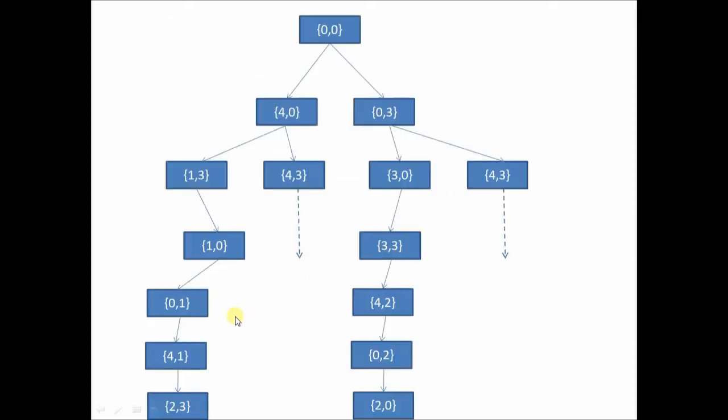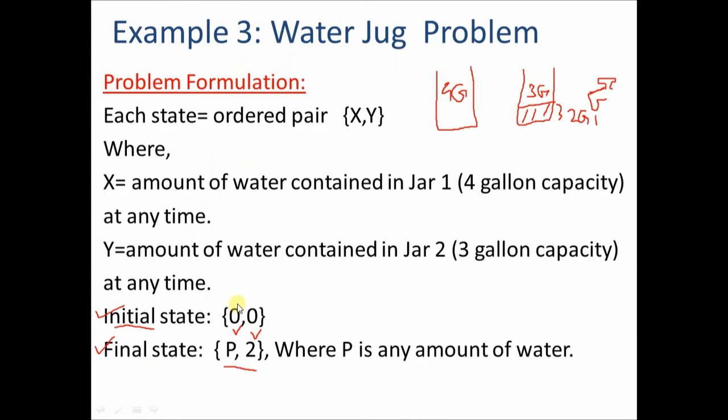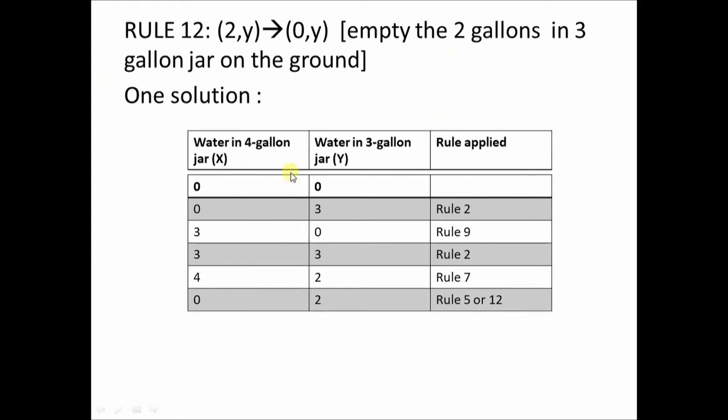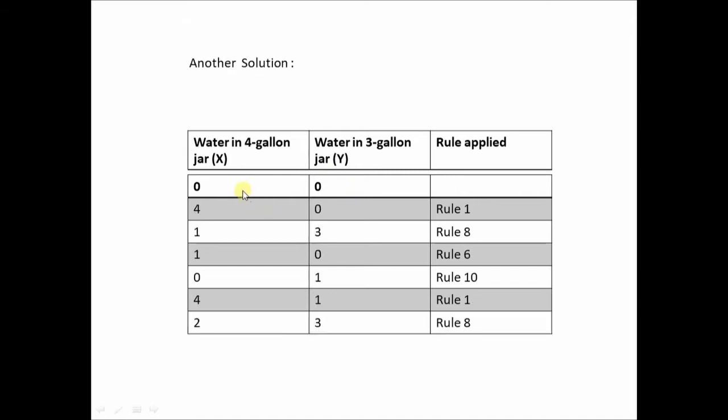Now whenever you get two answers, most of the time, for different problems you will get multiple answers. What is important is, what is the path cost? Which particular solution out of all solutions is the optimal solution, the most feasible solution? Now you see, how did you get this answer? This is the first step, second step, third step, fourth step, fifth step. So you got solution 1 with 5 steps. Solution 2, if you see, 1 step, 2, 3, 4, 5, 6. So you got solution 2 with 6 steps.